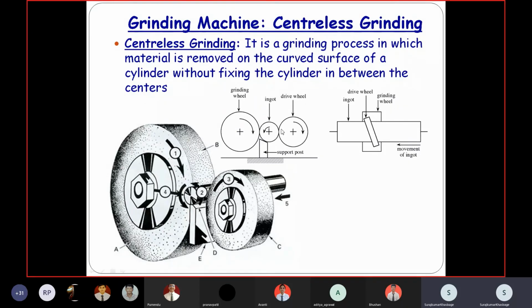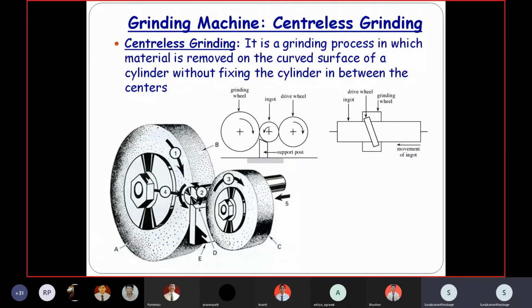two have relatively similar speeds, the drive wheel and the workpiece. Whereas with a large speed, we are rotating the grinding wheel, which is giving exact grinding to this workpiece. This particular workpiece is supported by this support. This process is called centerless grinding because we are not holding the job by some chuck